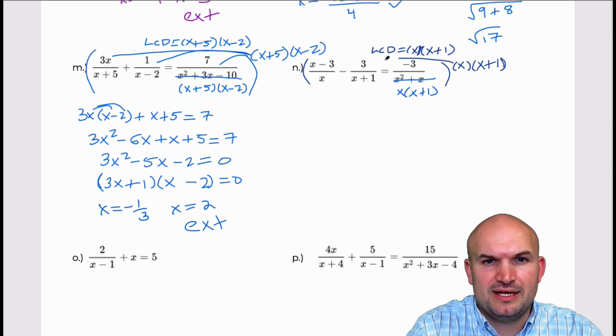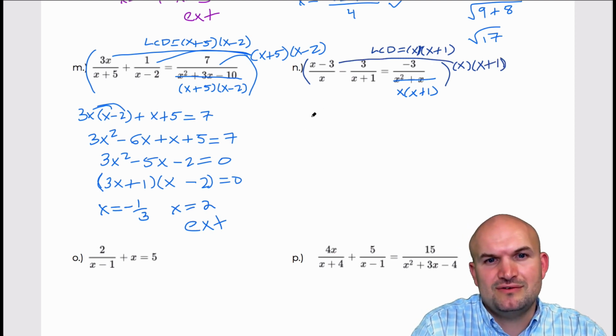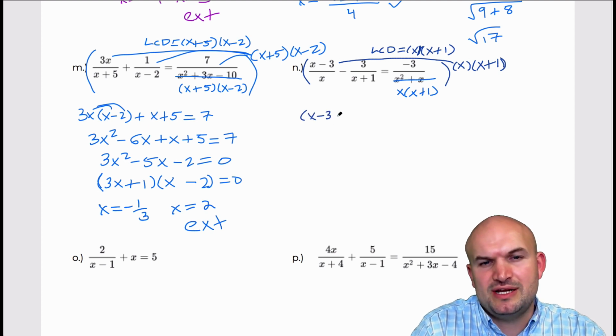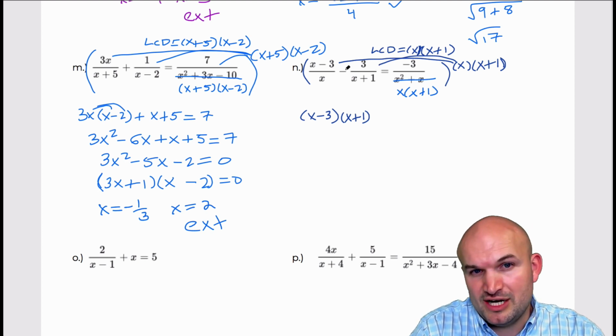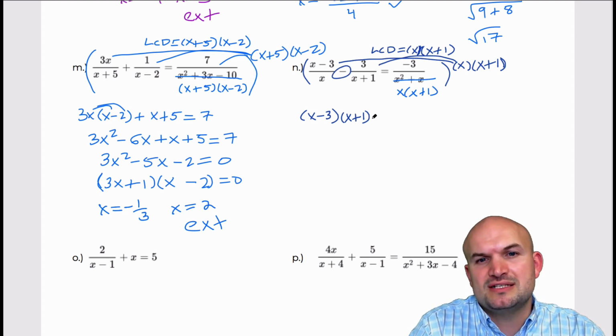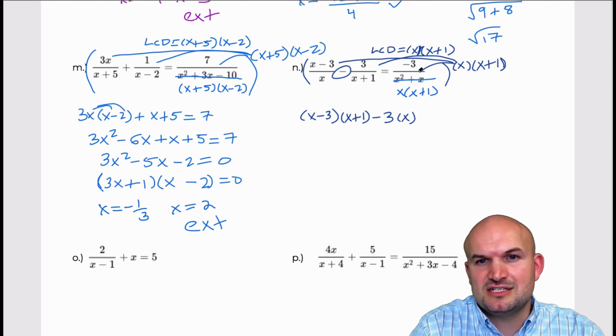Okay, when I multiply it times this first expression, the x's divide out, so I'm left with x minus 3 times x plus 1. When I multiply it times this expression, the x plus 1's divide out. Be careful of that negative. So that's a negative 3 times x. And then when I multiply it times the last expression, the denominators both divide out, and I'm left with a